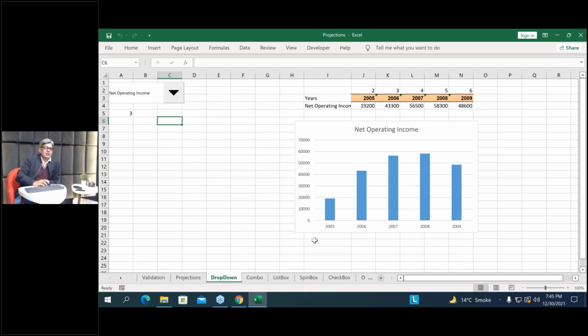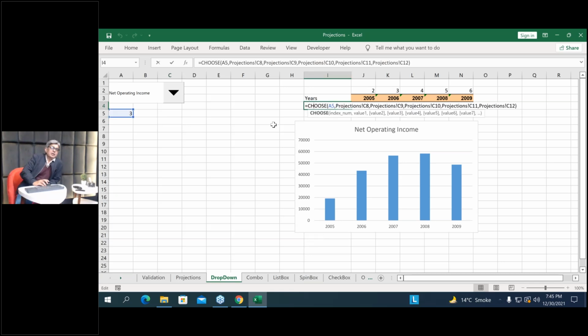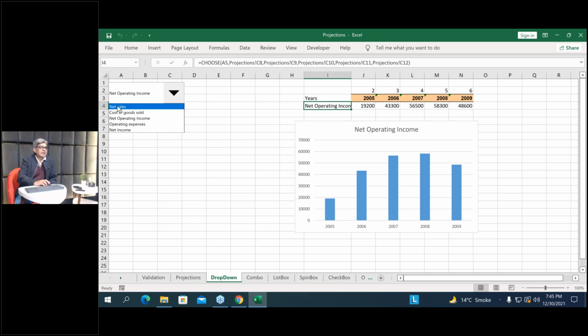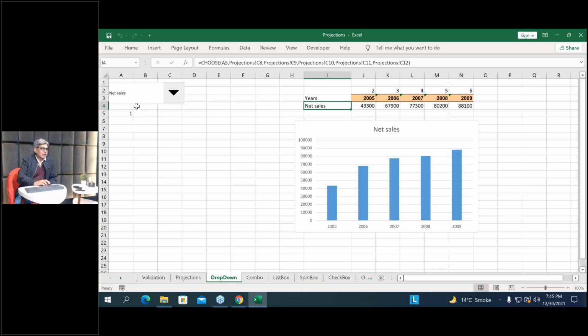Okay, I hope Ali wants to know what is the formula that you used in cell I4. Okay, that is a CHOOSE function. Let me explain what that function is. Whenever we select from here, this is net sales. This is the first option, right? So that is why